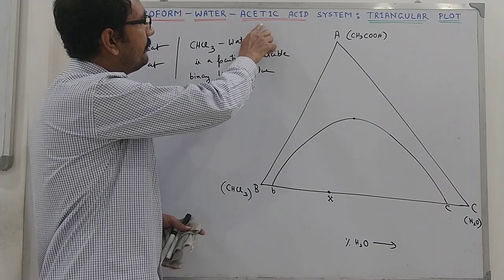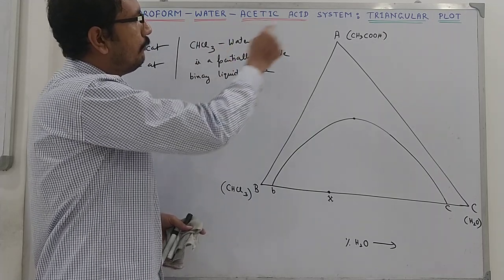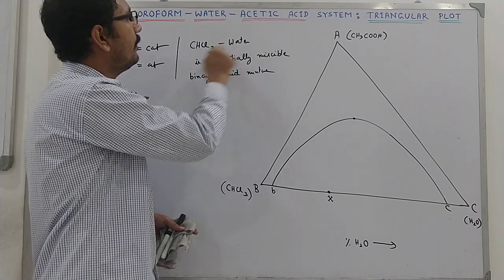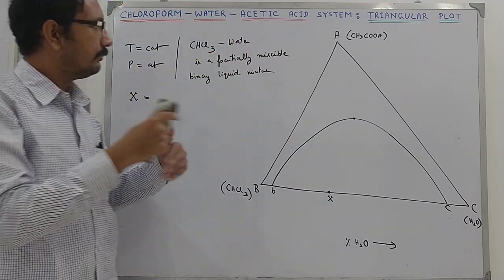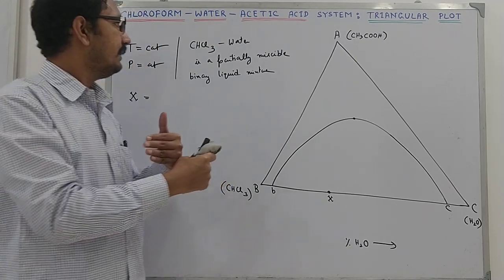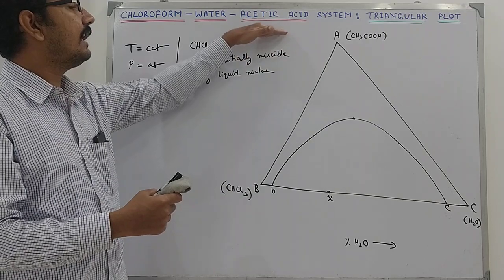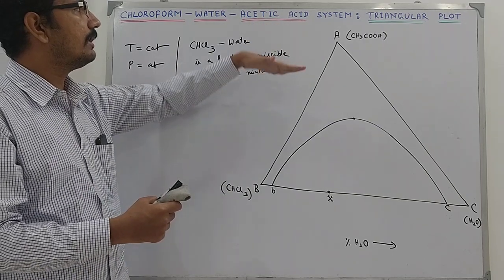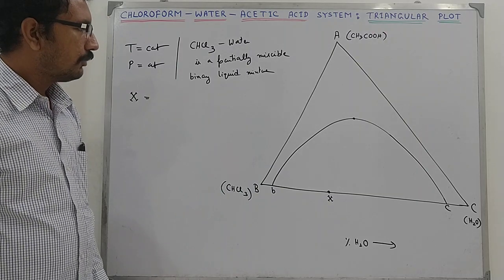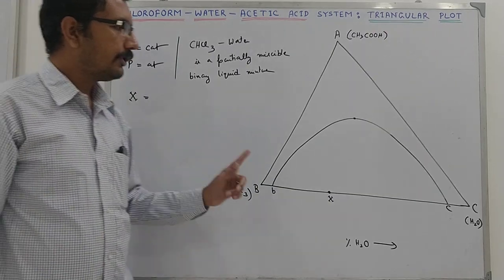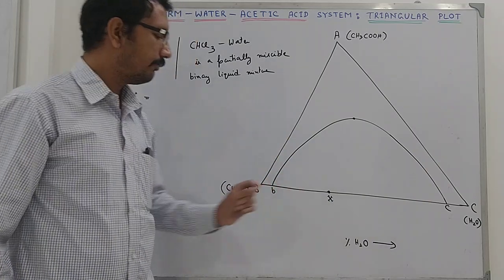Since this third party is soluble in both the layers, it will execute a to and fro movement from the chloroform layer to the water layer and from the water layer to the chloroform layer. Through its movement, it will carry the solvent molecules with it, and thereby act as the cementing force between the two layers and increase the mutual solubility. So upon addition of A, the mutual solubility will increase. Now if the mutual solubility increases, what will happen?